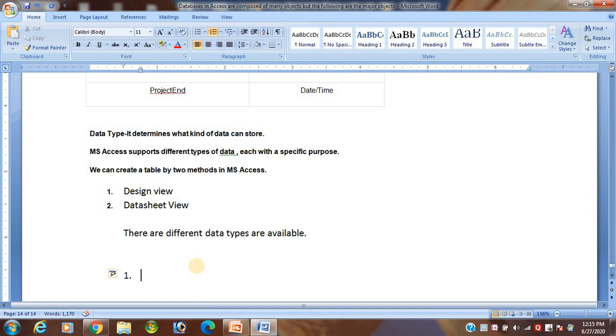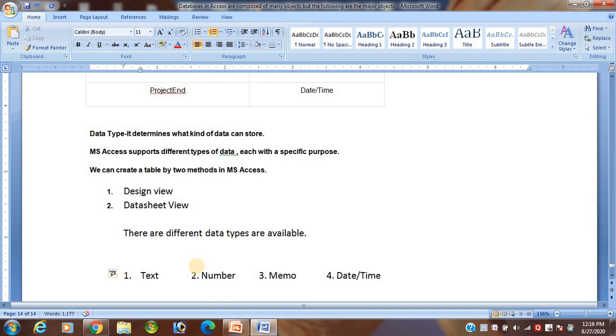The first one is the text data type, then the number data type, the third one is the memo data type, and the next one is the date and time data type.